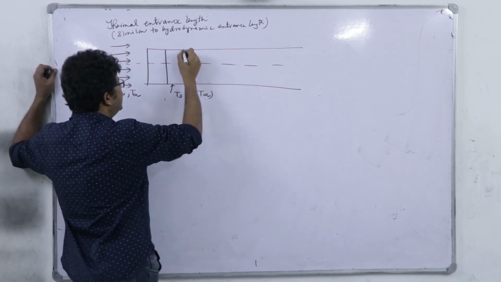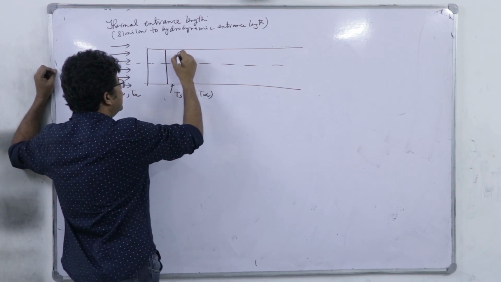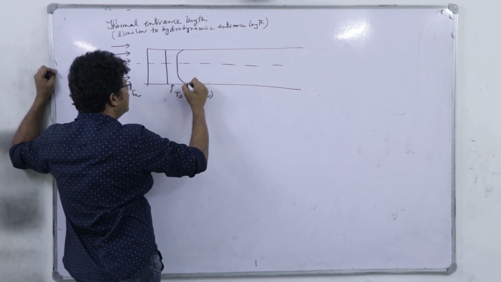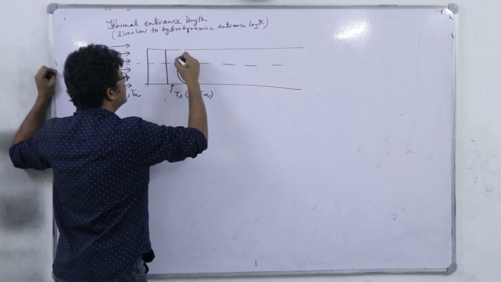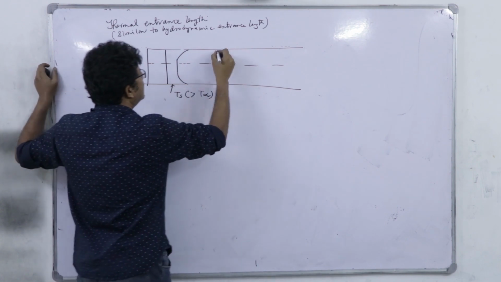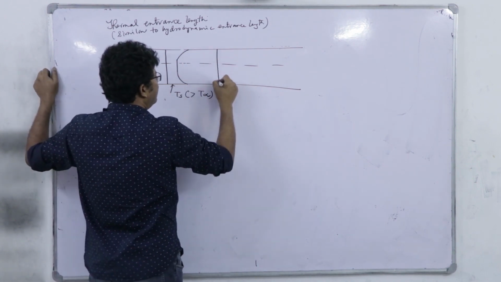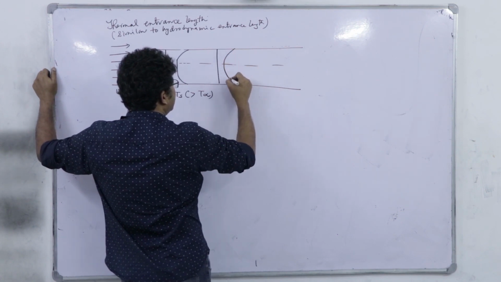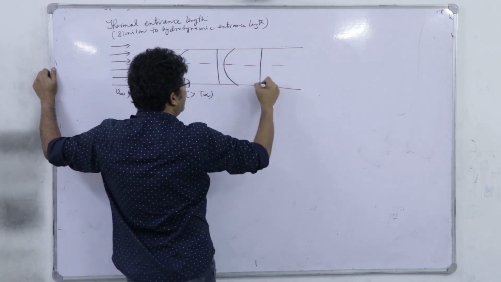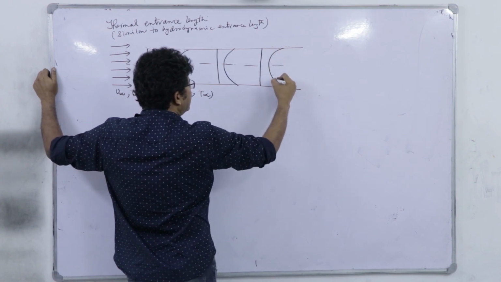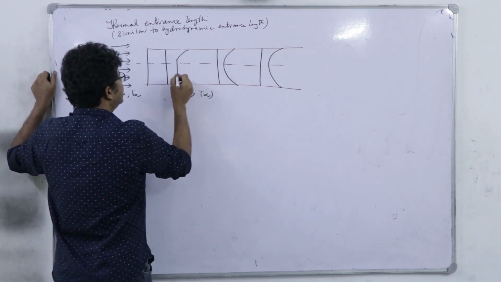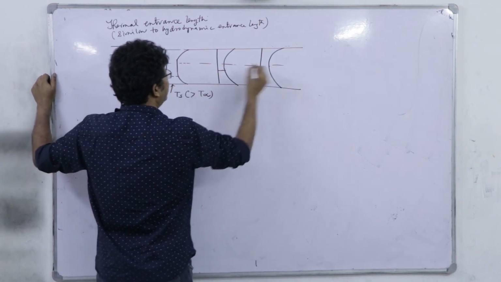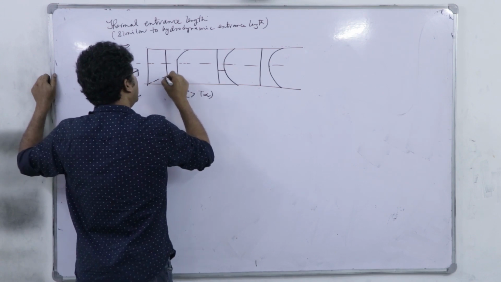Here the temperature will be higher than T infinity and then again Ts, right. So, this penetration will further increase, and finally, it will be all symmetric. So, this thermal boundary layer here, then here and finally here. So, if I join this,